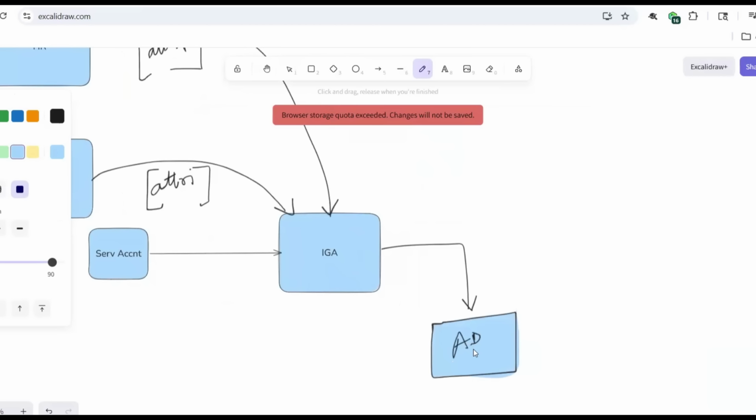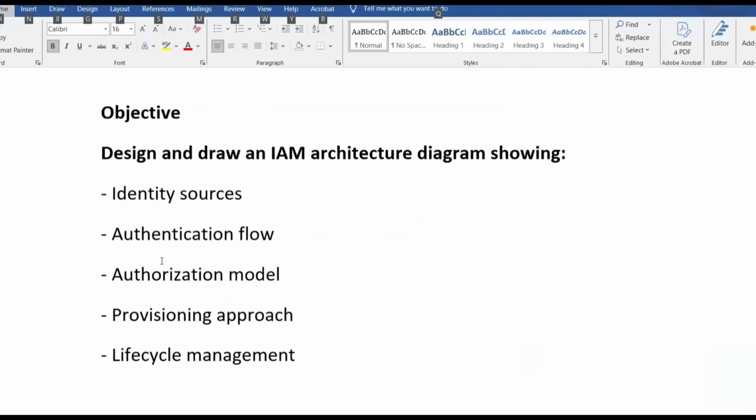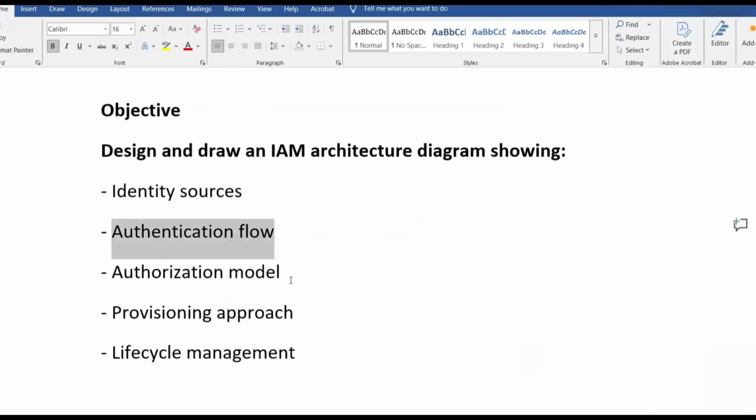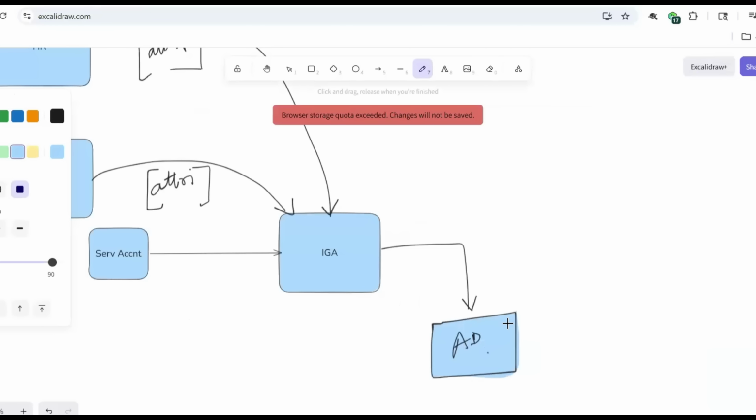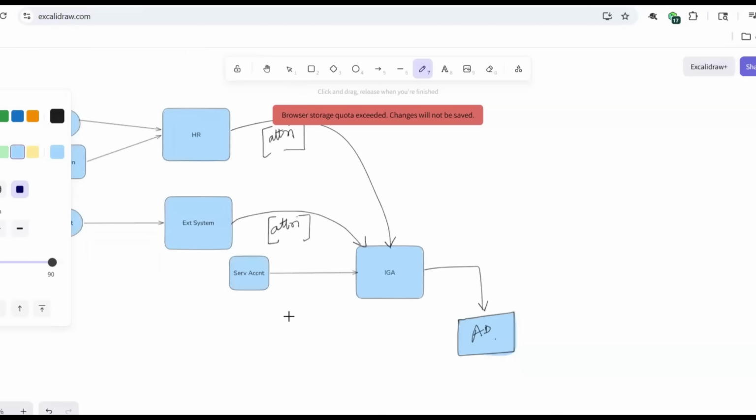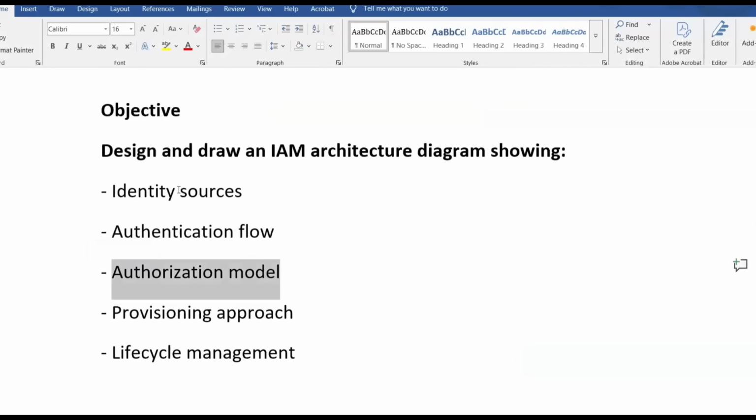Because what we need is the authentication flow also, and the authorization model also. So when we say authentication, AD is the one primary system that does authentication with the IDP in the front. For now, we'll definitely go ahead and build this, but I'll have a separate discussion to talk about how AD is authenticating primarily and how the IDP comes into play. So for now, when we talk about designing the identity sources,